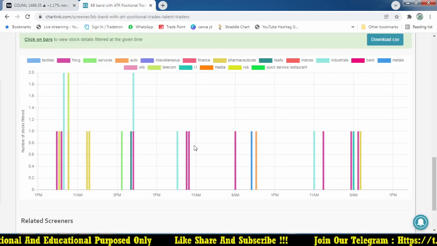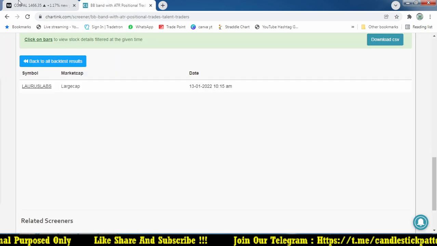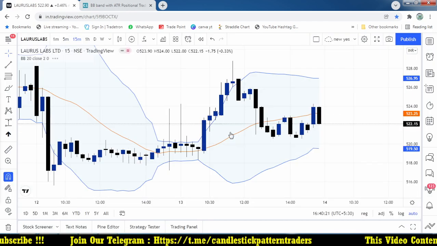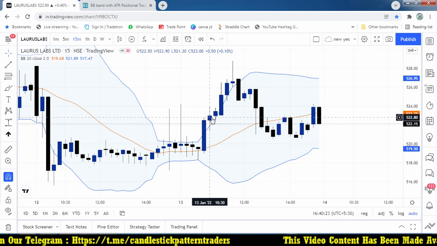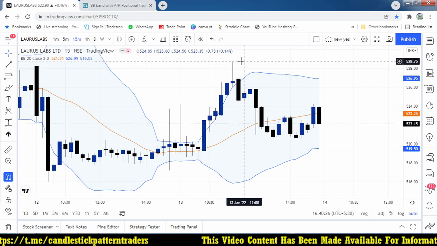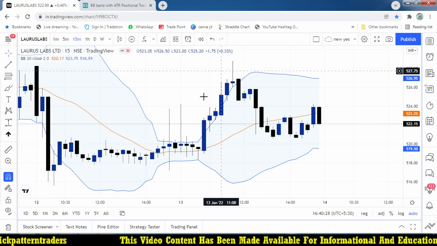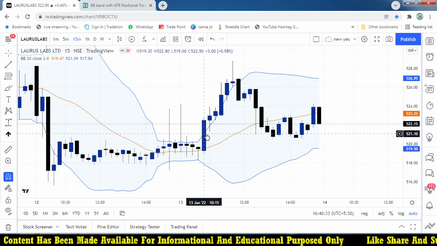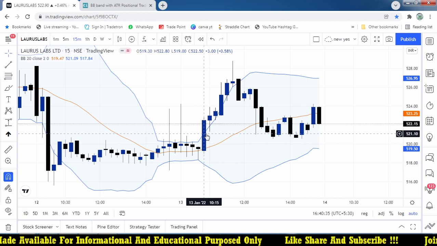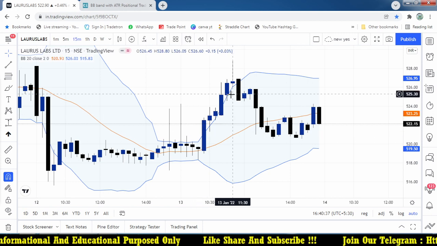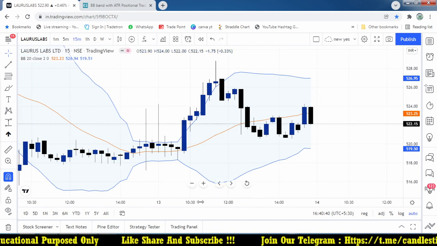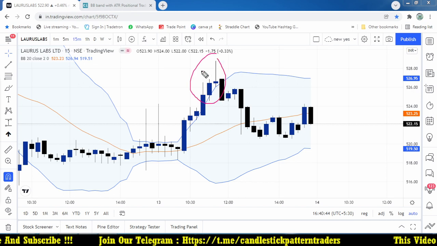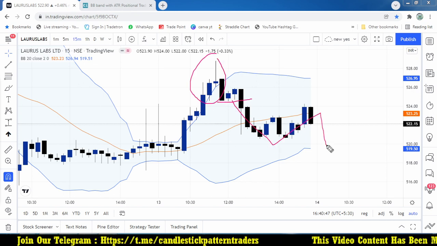And finally we have the fourth stock. We may be getting Laurus Labs at 10:15. Once it broke that high of 522, it went up to a maximum of 528, and the stop loss for the traders was 518, from 522 to 518, 519. Somewhere around 3-4 rupees is the risk, and it gives you more than 4 rupees. And again we have done some Laurus Labs in the live classes. So there is a reversal pattern. So it is giving you profit, right?